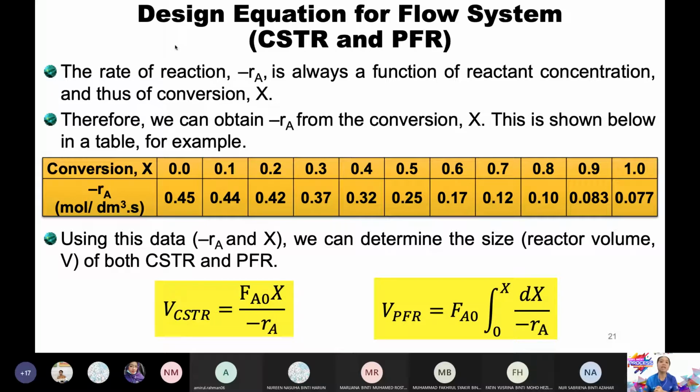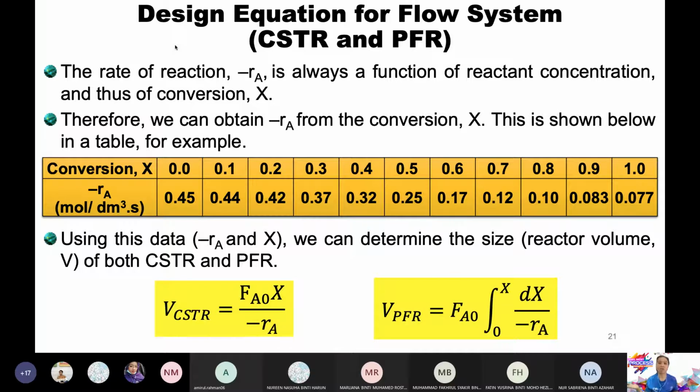Naturally, if it's in the lab, like I told you last Monday, they will definitely use a batch reactor. So maybe for a small scale reaction, or you just want to start doing a new reaction, you want to understand the behavior, they will do it in a batch reactor in the lab. So in the lab, let's say imagine you have a small batch reactor, they run the experiment, then they will